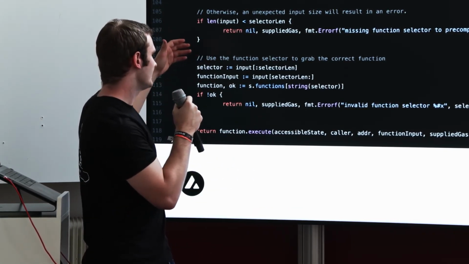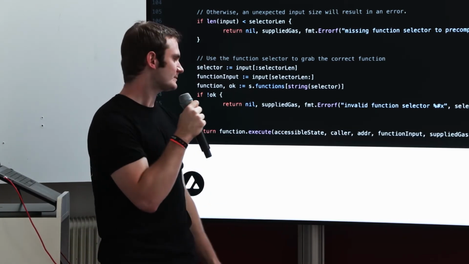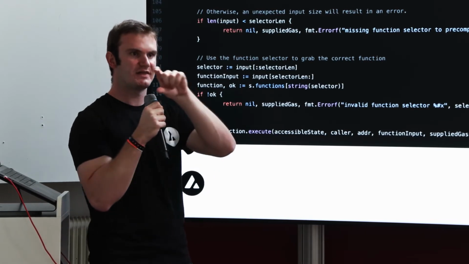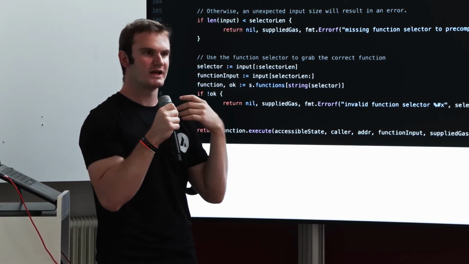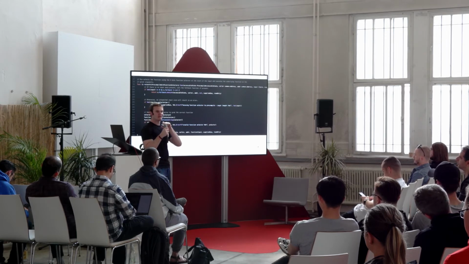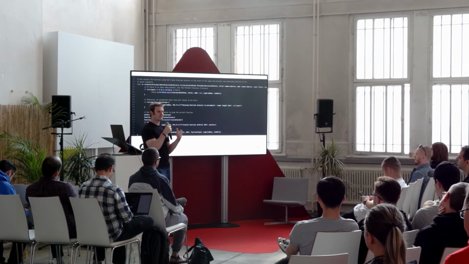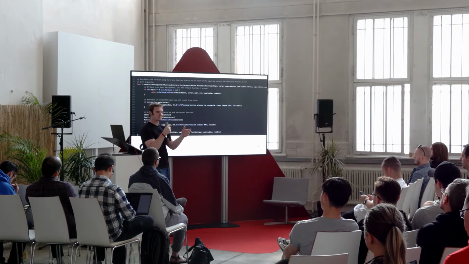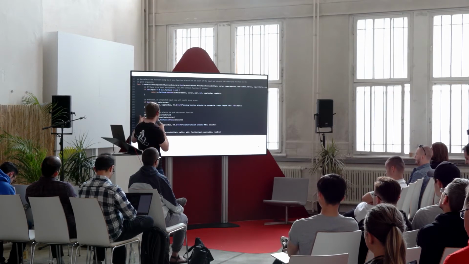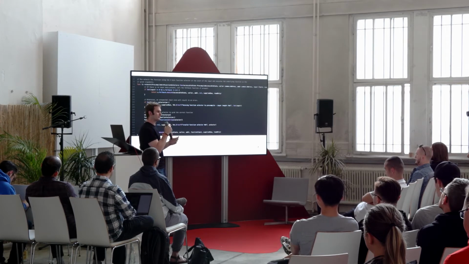And you can define all of the different functions you might want, and you can define what their function signature is as well. You can basically say, this is the signature of this function, therefore this is the input data that should be mapped to it. This allows you to define your function how you like and define the function selector for it, or in an easy way by just saying what the function signature is, and it'll be mapped immediately, so that those functions will be invoked when the user sends a contract call to it as if it were a Solidity interface.